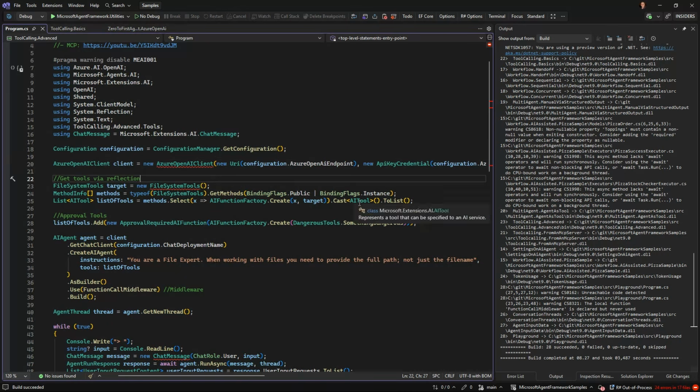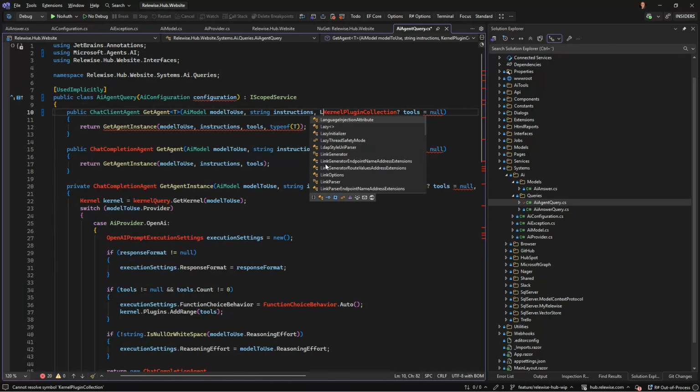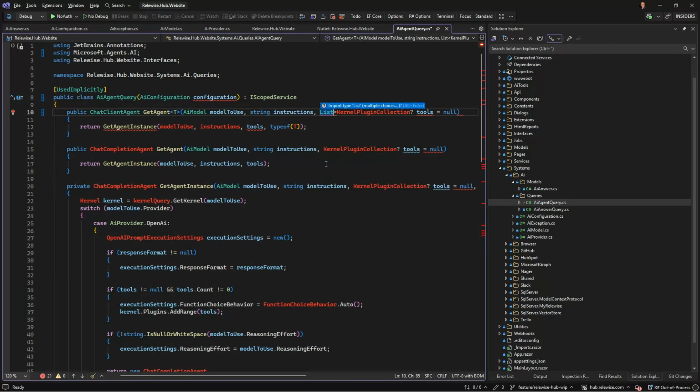So what are the tools? They're just called AI tools. So I guess I need something like that over here. And it needs to be a collection, I guess. So let's try to do it like that. Again, this is live. I have no clue if this is right or wrong.